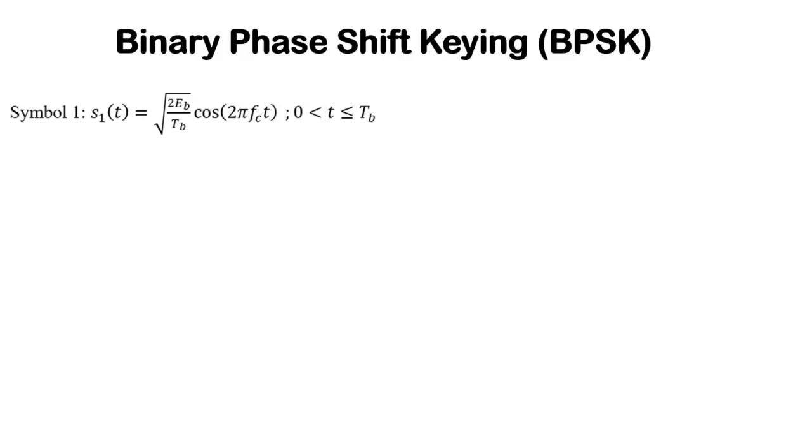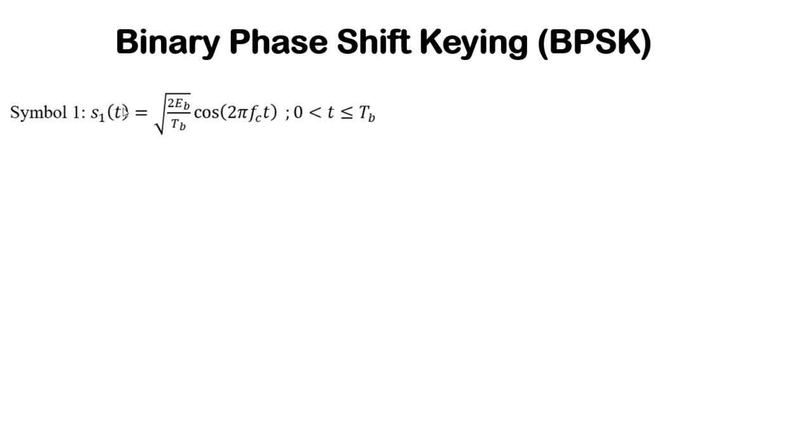modulation technique. As you have already studied the analog modulation techniques, like analog modulation we can also have three basic types of digital modulation technique. In analog there are three basic types of modulation: AM, FM and PM, that is amplitude modulation, frequency modulation and phase modulation. Likewise, in digital also we have three basic modulation techniques: binary PSK, that is phase shift keying, frequency shift keying and amplitude shift keying.